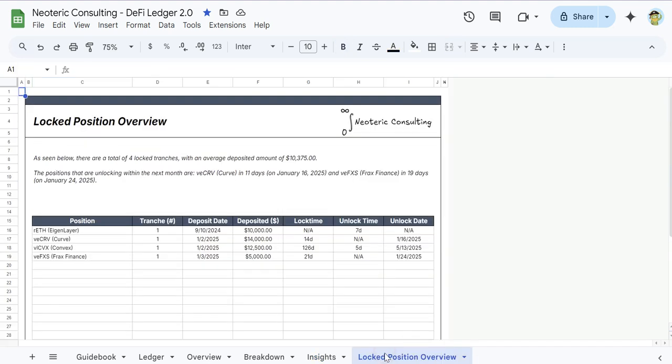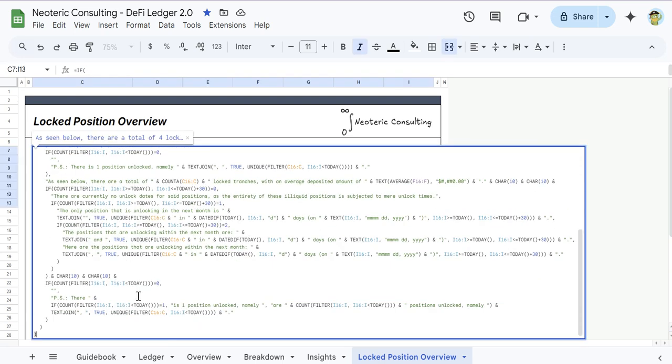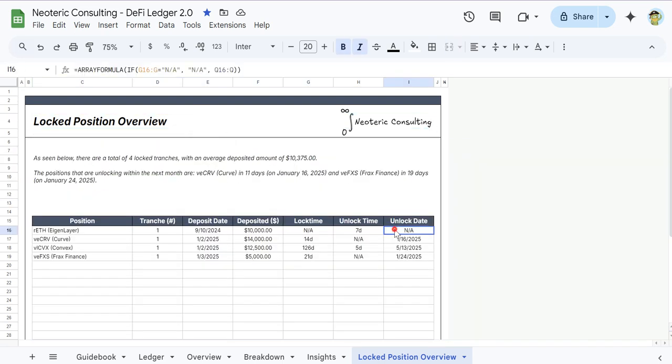And last but not least, this link will take you there, or you can just go to it here. This gives you an overview of your locked positions. What kind of positions are subject to some sort of illiquidity. Again, there's some helper columns here. You can just ignore them. And yeah, here it basically tells you what positions are unlocking in the next month, and there is some logic here wherein if there's a position that is already unlocked, so these unlocked dates are all in the future, but if there's a position that's already unlocked, it'll let you know here